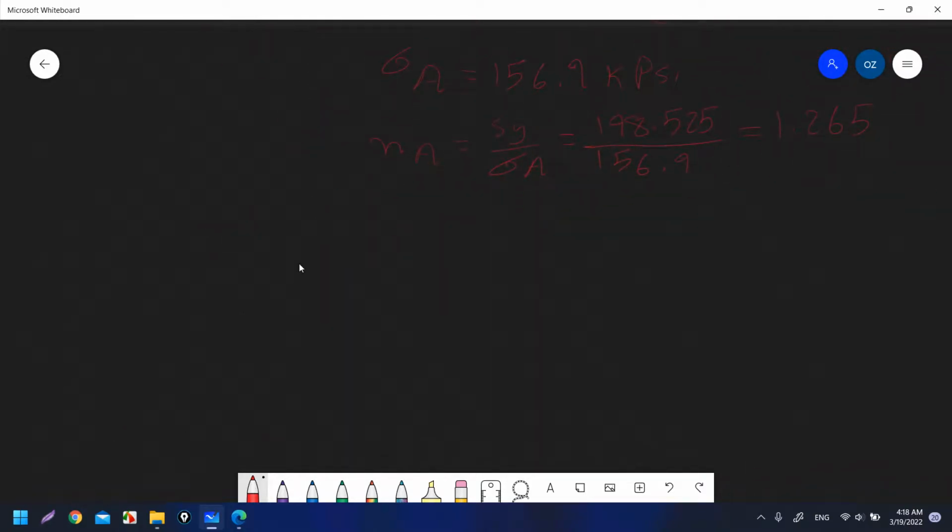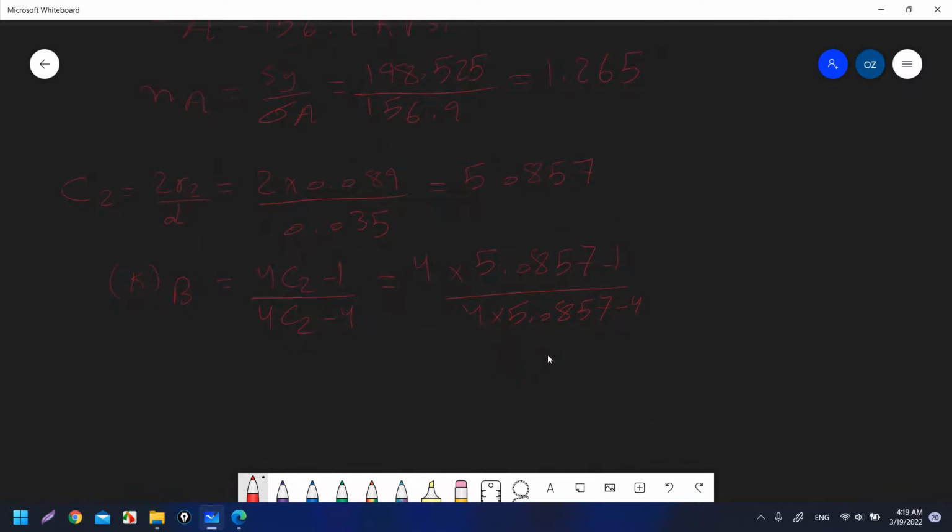So C2 is equal to 2R2 over D, which is 2 times 0.089 over D, where D is 0.035, and this will give you that C2 is 5.0857. Okay, K at point B is equal to 4C2 minus 1 over 4C2 minus 4, which is equal to 4 times 5.0857 minus 1 over 4 times 5.0857 minus 4, and this will equal